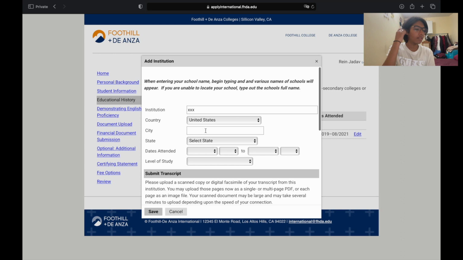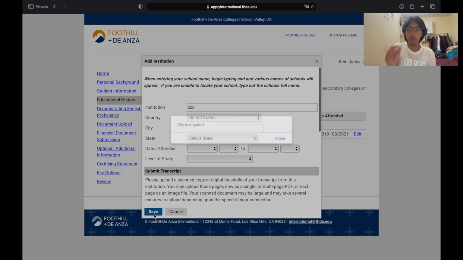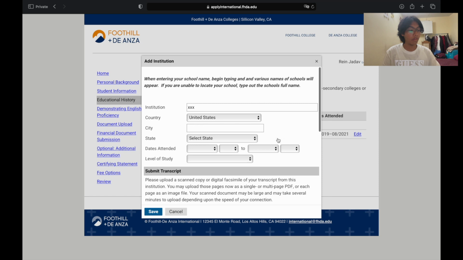So in that case, you're going to be adding the school where you completed grades 11th and 12th first, upload the transcripts or your report cards there, and you're going to add another institution where you completed your grades 9th and